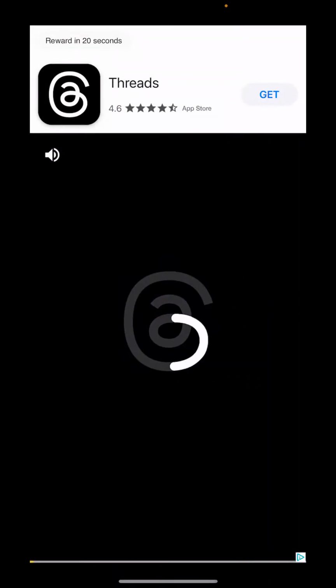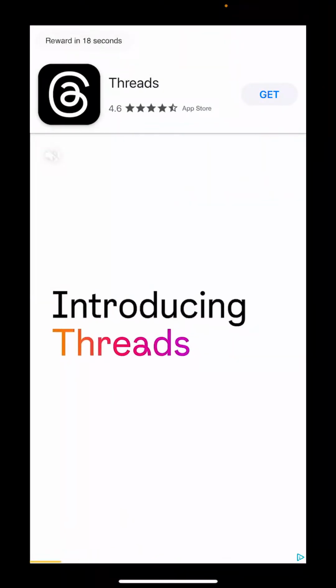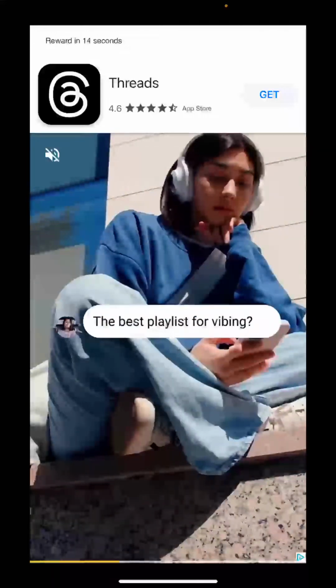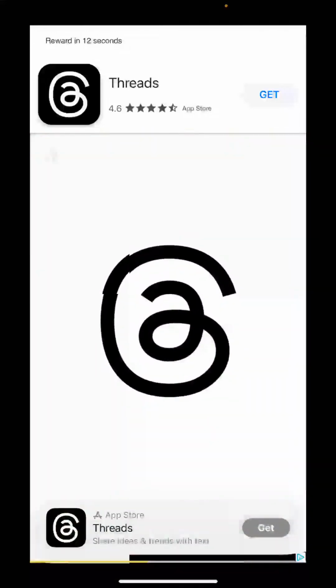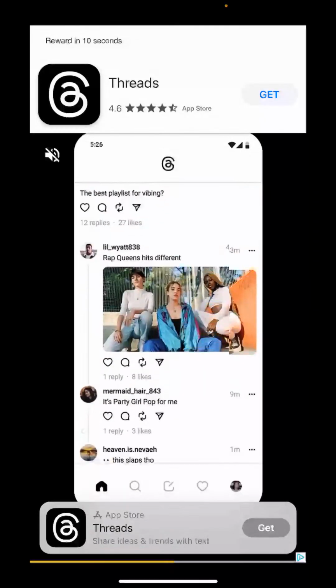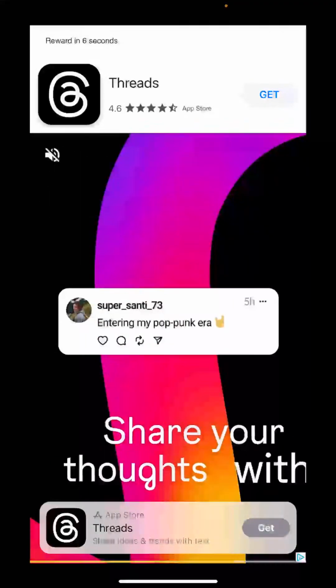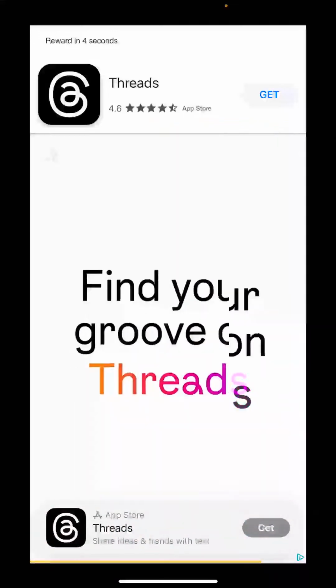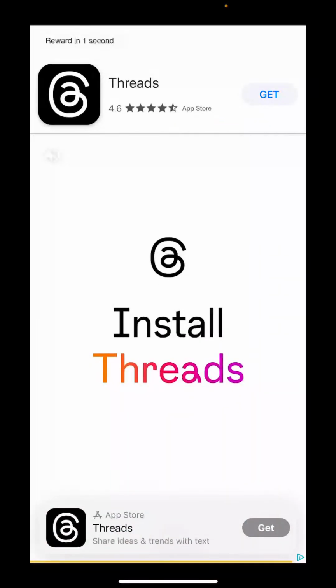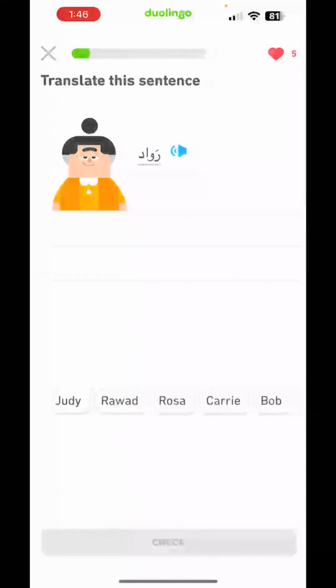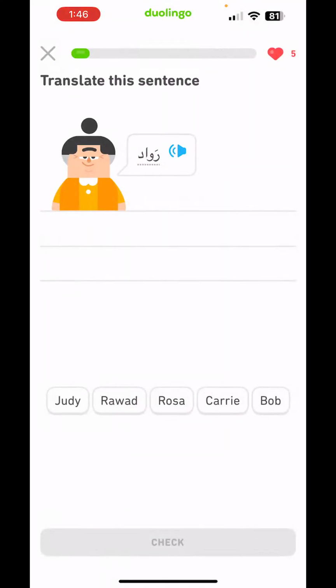Oh, it's nice. They're letting me watch an ad to earn a heart, which is definitely needed because I only have 4 hearts. Definitely need as many hearts as I can, especially when I'm doing Arabic because it's starting to get harder. In the beginning it was hard, then I was getting the hang of it, and then it started getting hard again because, as you master one thing,